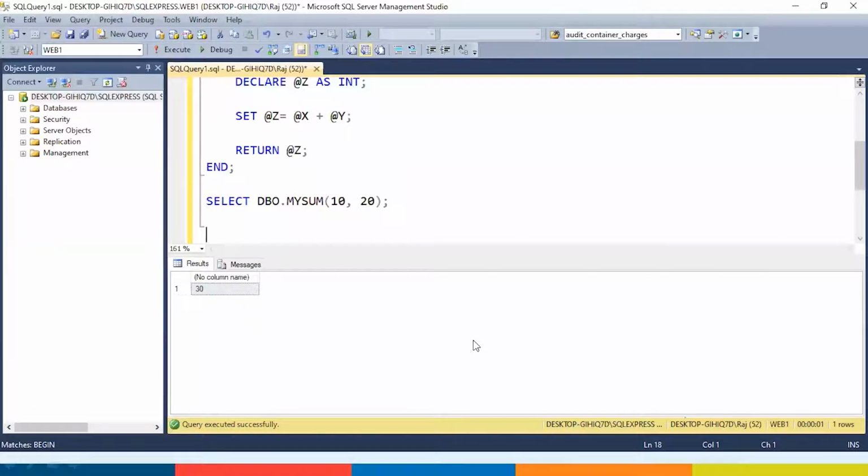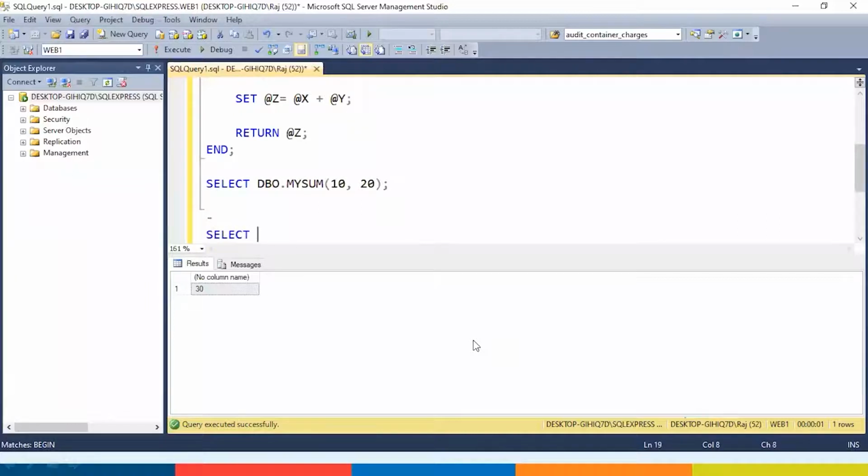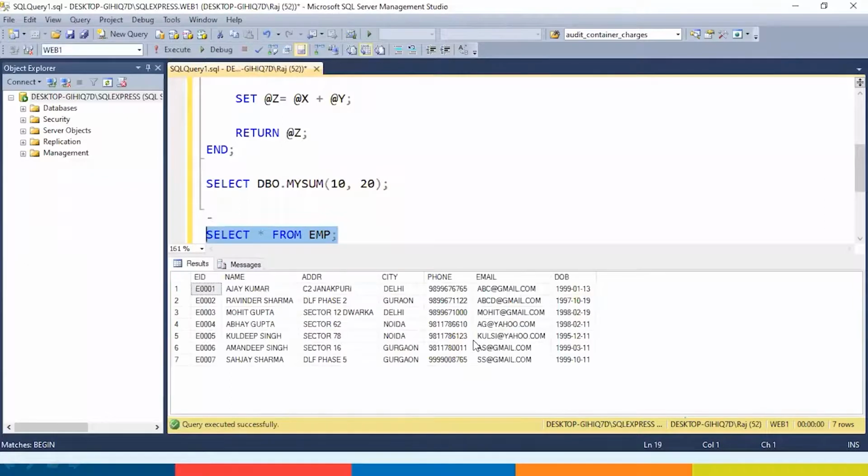Let us take one more example. Select star from EMP. I have the employee ID and the name. Now I want to generate the corporate email ID of the employee by taking the first character of the first name, the last name, and the last 4 digits of the employee ID, followed by @outlook.com.